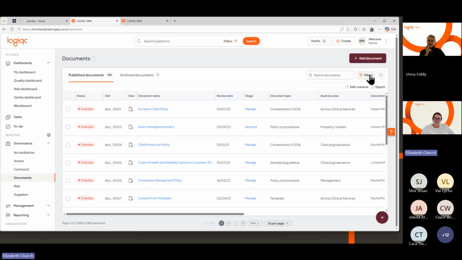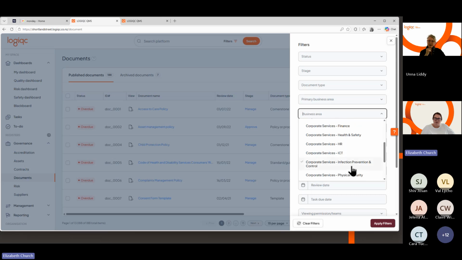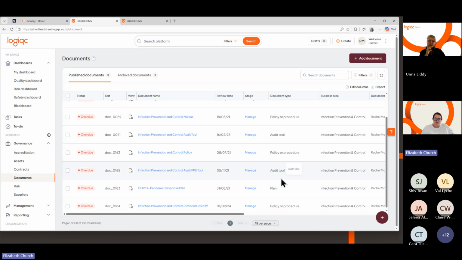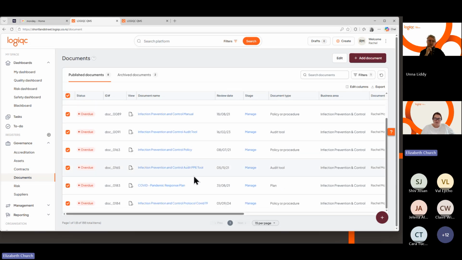And we use our filter here to search on our IPC, new IPC. There we've got all of those documents that are sitting with Rachel, and we want to bulk edit them and make their manager Leslie. So we know that there's only the 8,